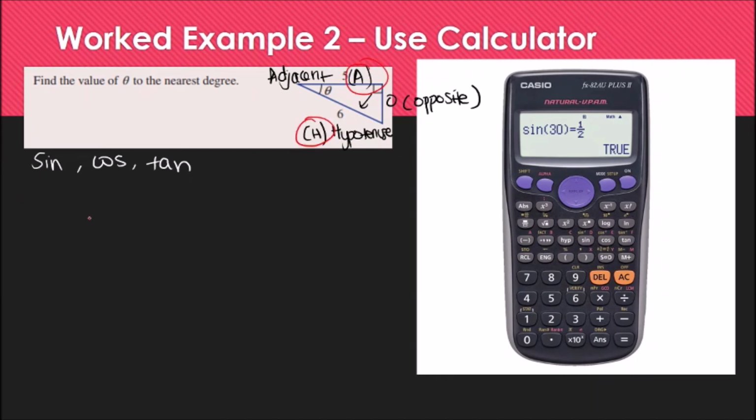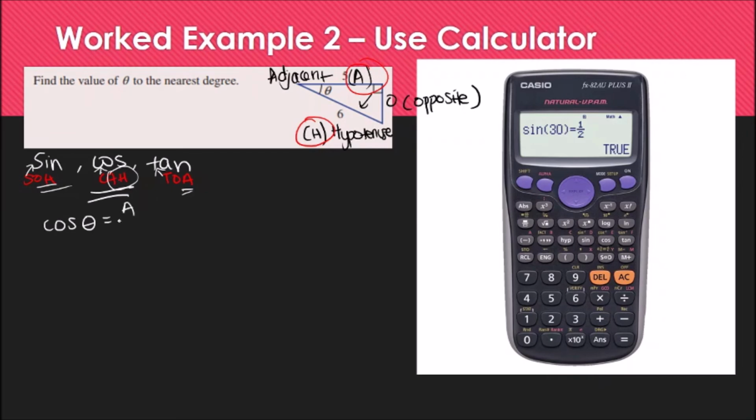So which one out of SOHCAHTOA ends with A and H? The answer is cos, because cos is A and H. So the first one is denoted by sine, cos, and tan, and the last two are denoted by the sides of the triangle. So now we know it's cos, so you write cos theta